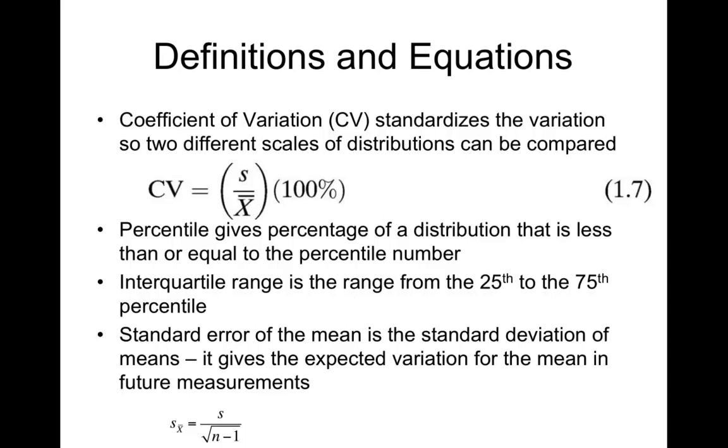And finally, standard error of the mean is sort of the standard deviation of the means. So if you took a number of different sets of measurements and you took the mean of each of those, a measure of how much that would vary is basically the standard error. So it would be the standard deviation divided by the square root of n minus 1, with n being the number of